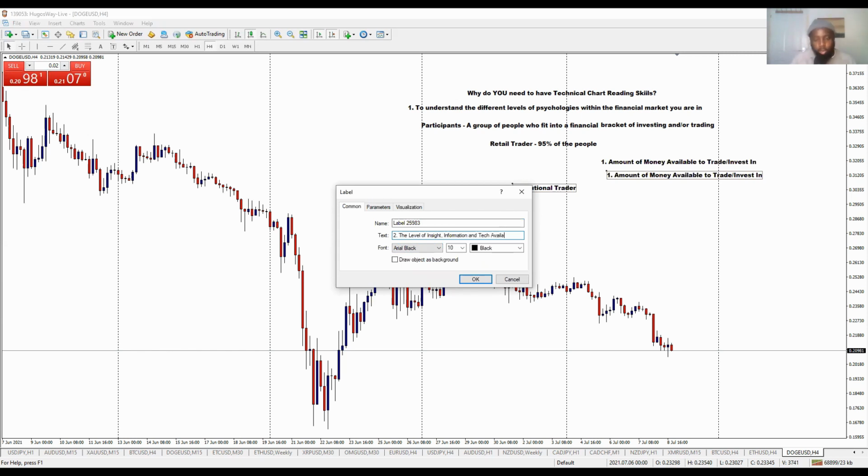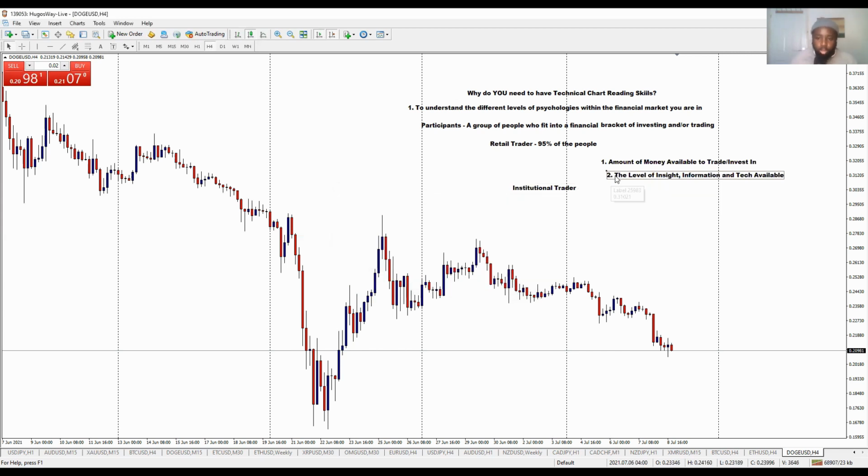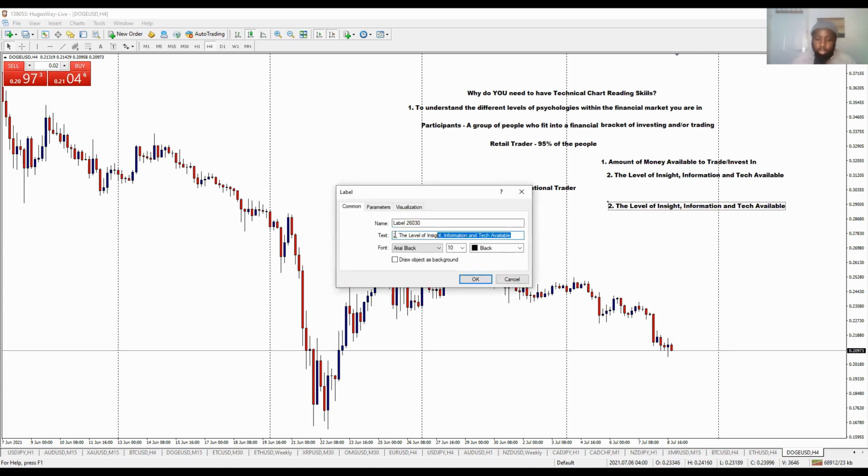So in whatever market you are in, institutional traders, or I put institutional trader, but it's really with an S, have a lot more money and a lot more insight, information and technology available at a faster speed than the retail trader. So already between the retail trader and the institutional trader, there's a big disadvantage for retail traders. This has to do with the speed at which the price comes on, which is something called latency. And number three, regulation, or I'll just put regulatory